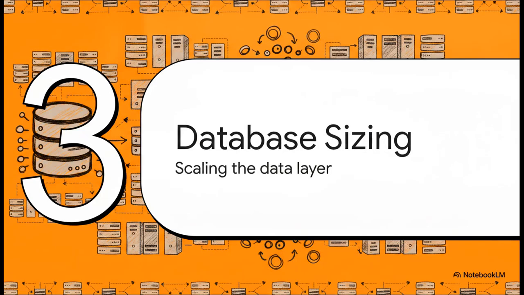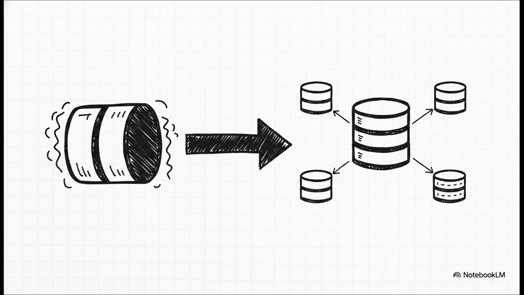All right, Section 3, database and cluster sizing. Now that we've got our core compute sorted, let's look at the data layer. Because let's face it, the database is almost always the very first thing to fall over under pressure. Say our system needs to handle 5,000 read queries per second and 1,000 write inserts per second. A single standalone database is going to become a massive bottleneck incredibly fast here.